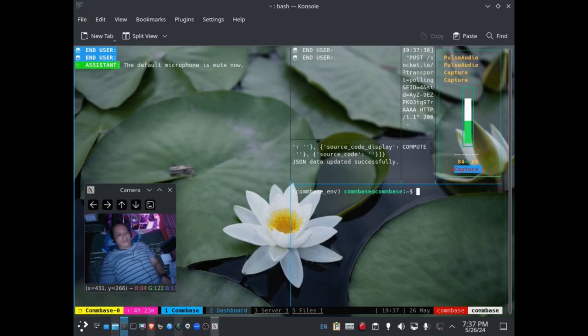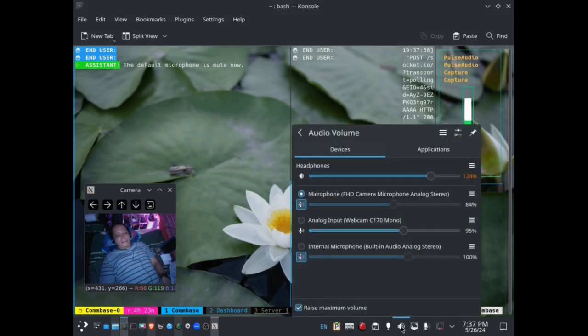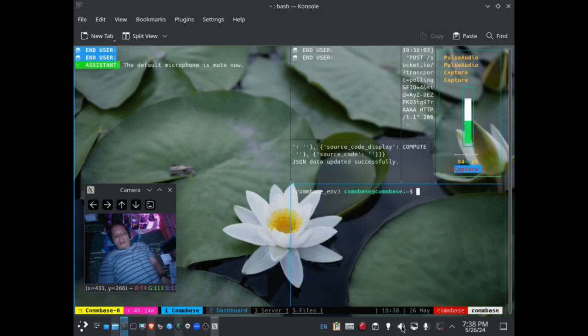We have two different TTS and STT engines in separate engines, because they have different purposes, and because Combase is modular, you can add more TTS or STTs to Combase, like a bundle, or let's say like a plugin. It's not that easy, but it is possible.